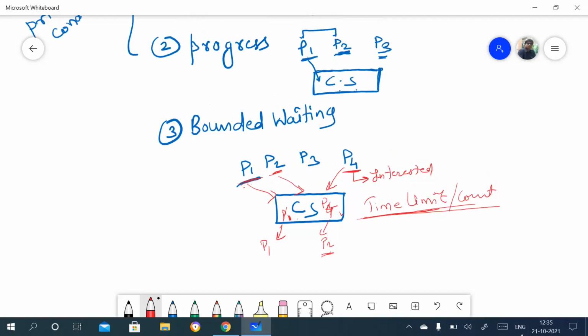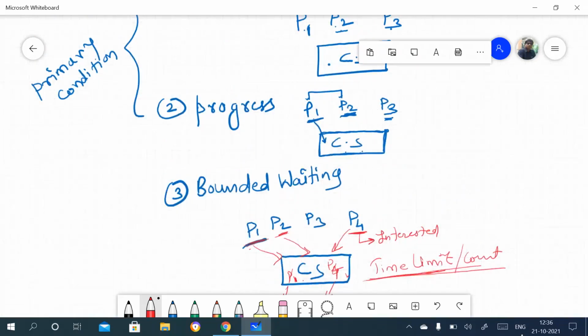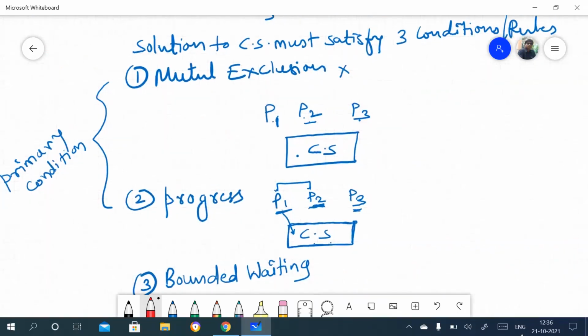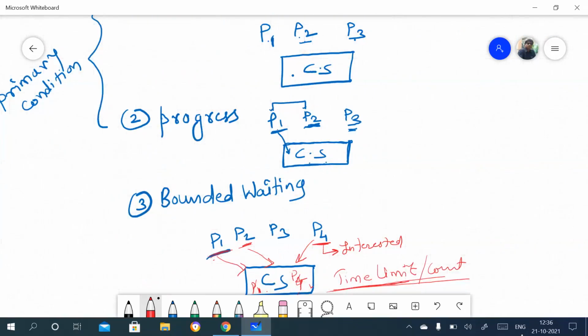So if any process follows these three conditions, then we can say the problem will be solved. First is mutual exclusion: only one process must be in the critical section. Then progress: if there is no process in the critical section and one process wants to enter, it should be allowed to enter, and not be stopped by any other process.